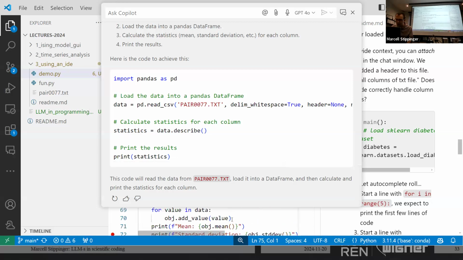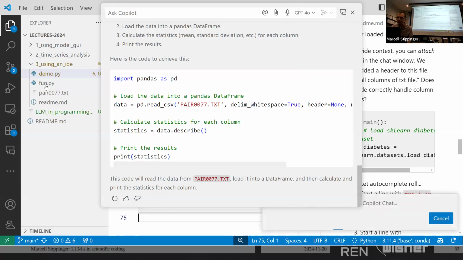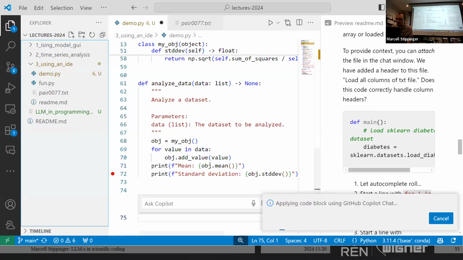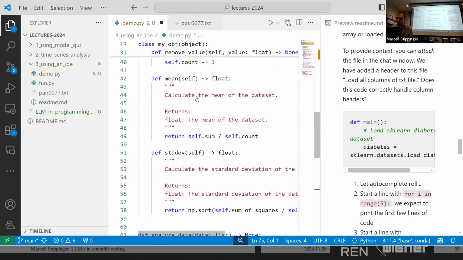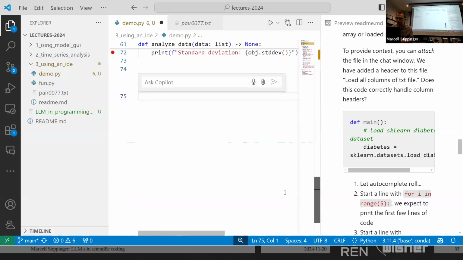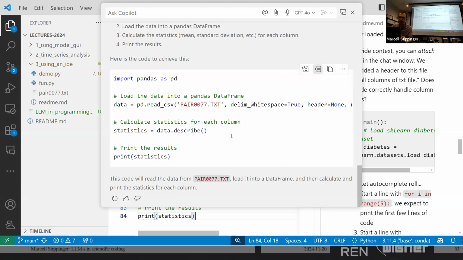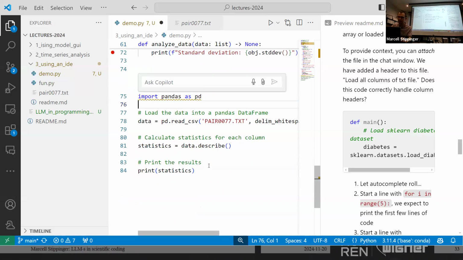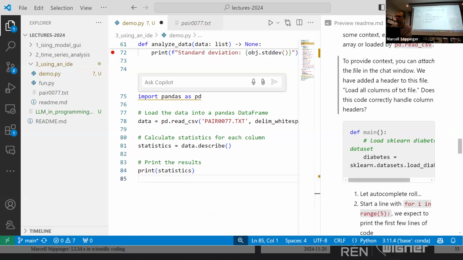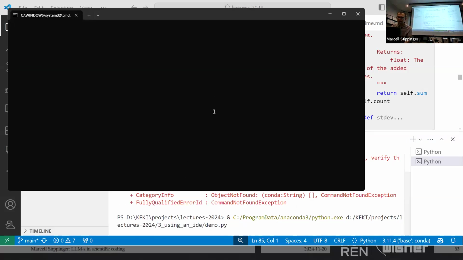Okay, did it arrive to my main window or not? I hit apply, but I don't see whether it was applied. No, it did not arrive here. Inserted cursor, that should do the work then. So it was not related to existing code, but it was done here. Okay, so if I run this code, it will hopefully correctly load the data file and output